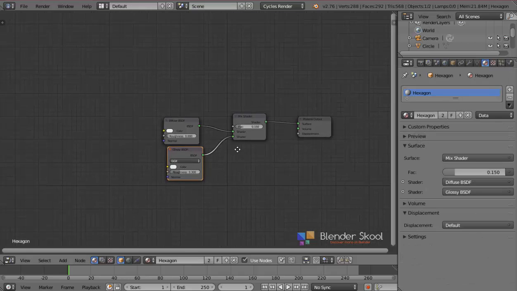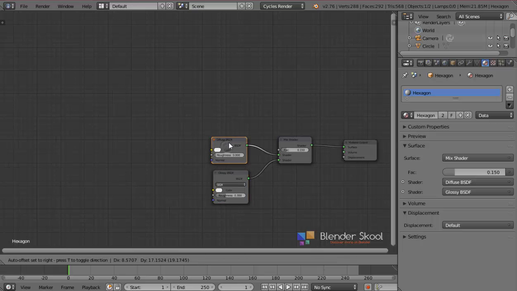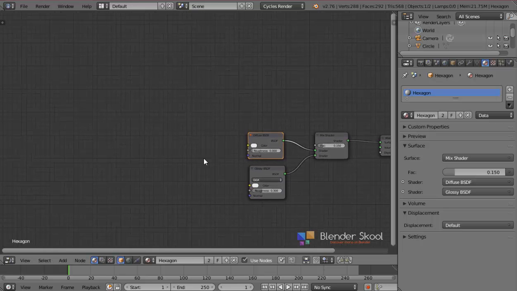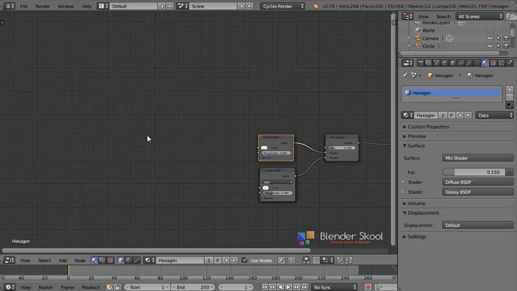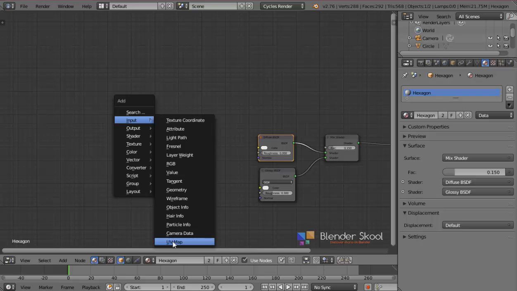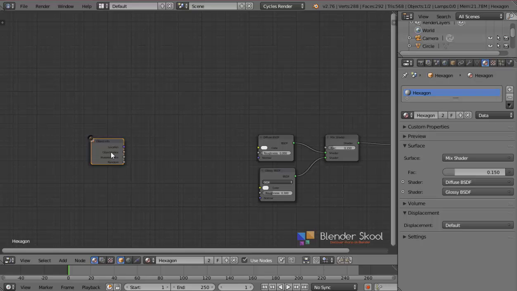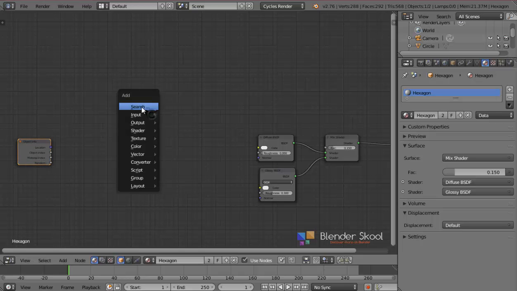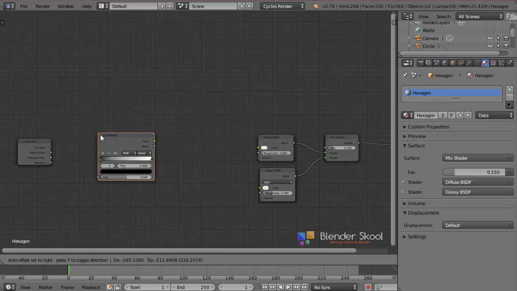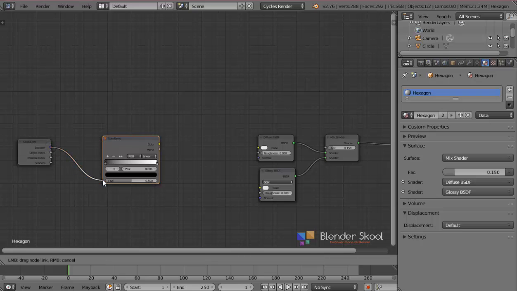Now let's get into the colors. So in the previous extra tip tutorial, if you saw that, I actually explained about the object info node, with which you can actually control the colors of the particles. And yeah, we are going to use the same node again. So I'm going to place it over here, and if I add in a color ramp node, and if I connect the location to the FAC and this color to be the diffuse color,